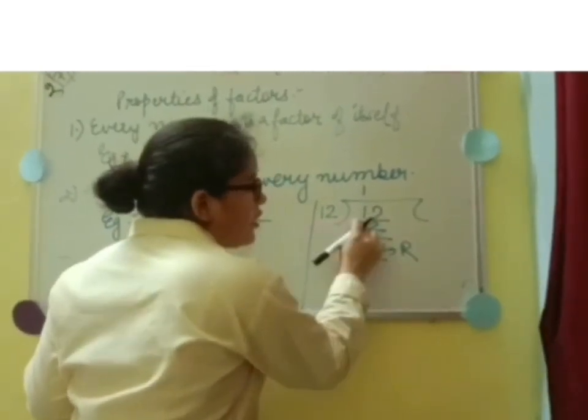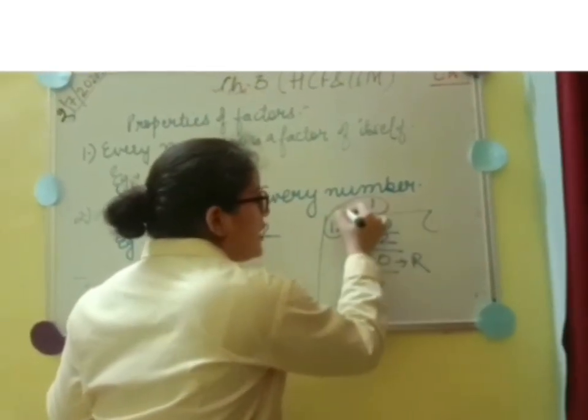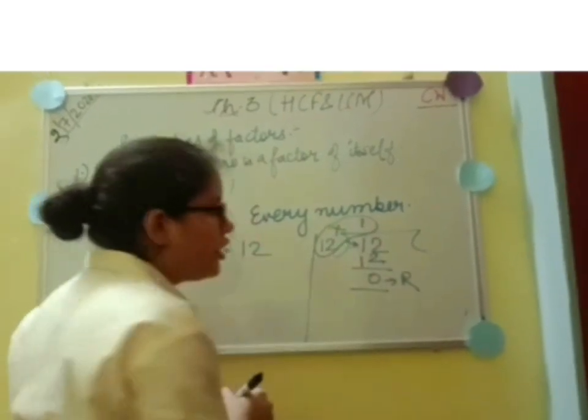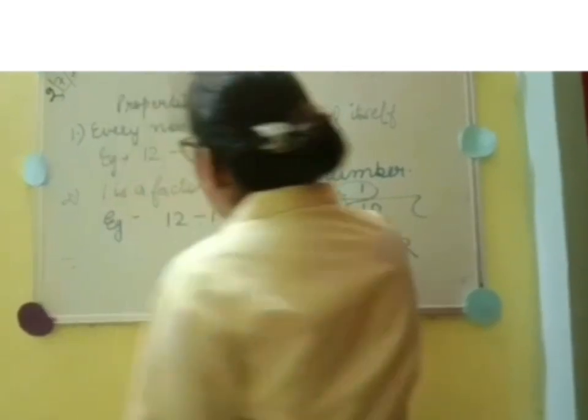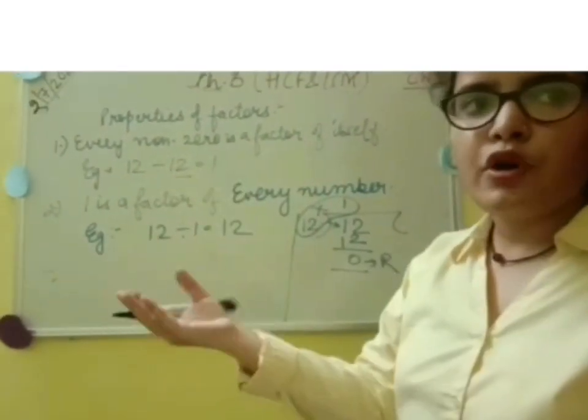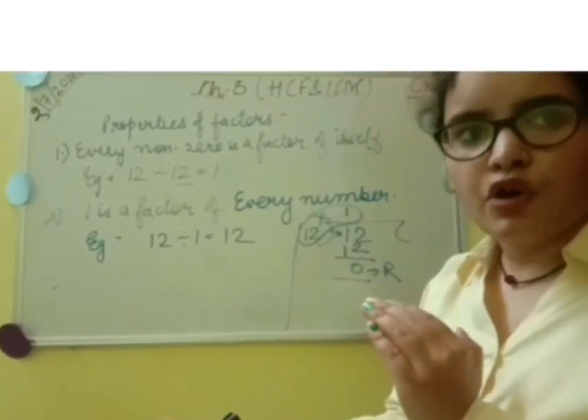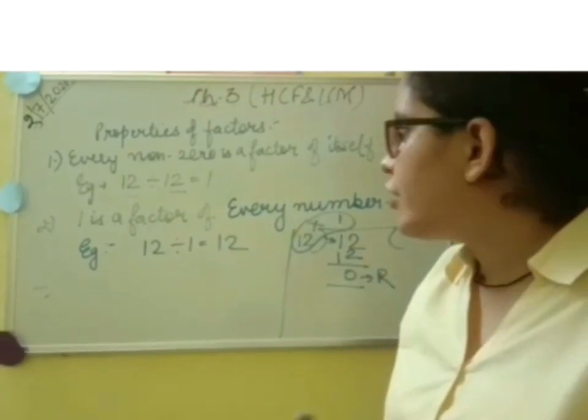सो 12 अपना खुद का फैक्टर होगा और आप इन दोनों को मल्टीप्लाई करोगे तो क्या मिलेगा बेटा आपको 12 मिलेगा. सो 12 यानी कि जो आपकी गिवन नंबर होगा लाइक अगर 5 भी होगा तो 5 अपना खुद का भी फैक्टर होगा. ये मैं आपको स्टार्टिंग से बताती आ रही हूँ.